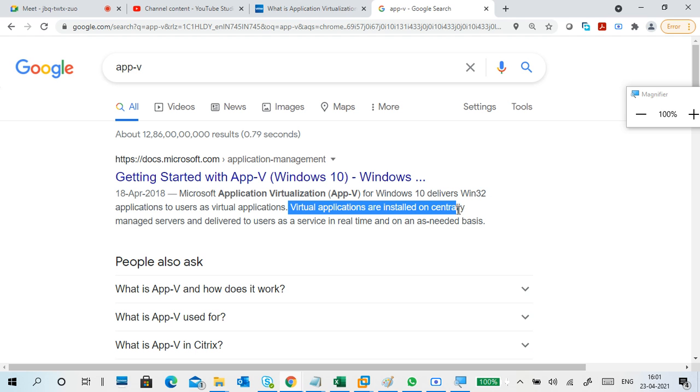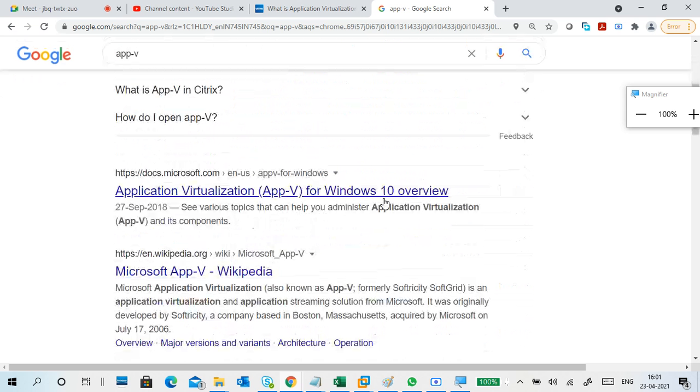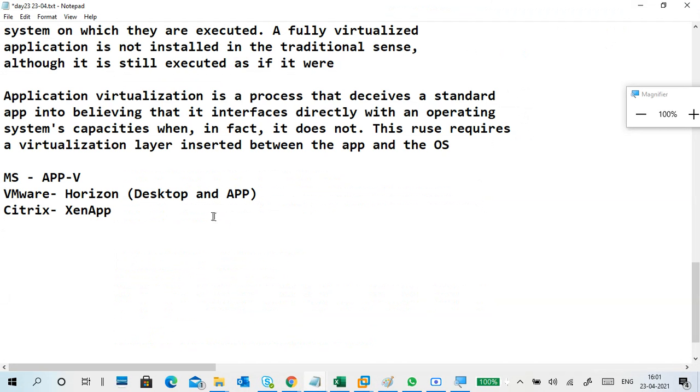Virtual applications are installed on a centrally managed server and delivered to users as a service in real time, on an as-needed basis. You can go through it once and read it. It is a better option.